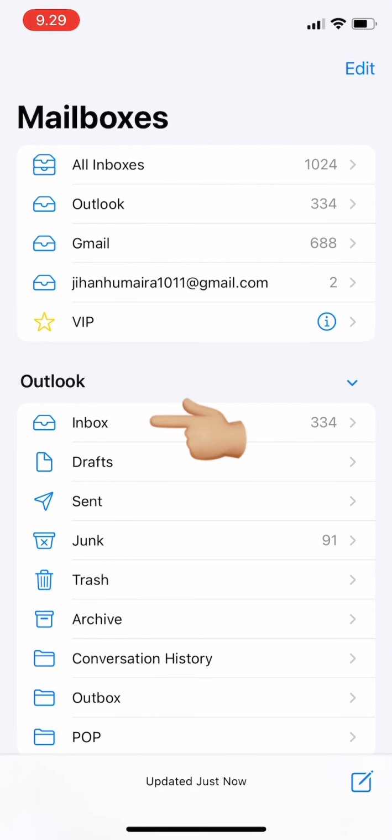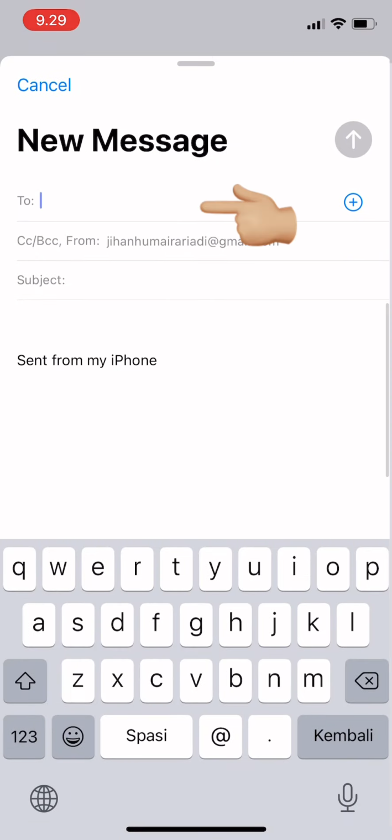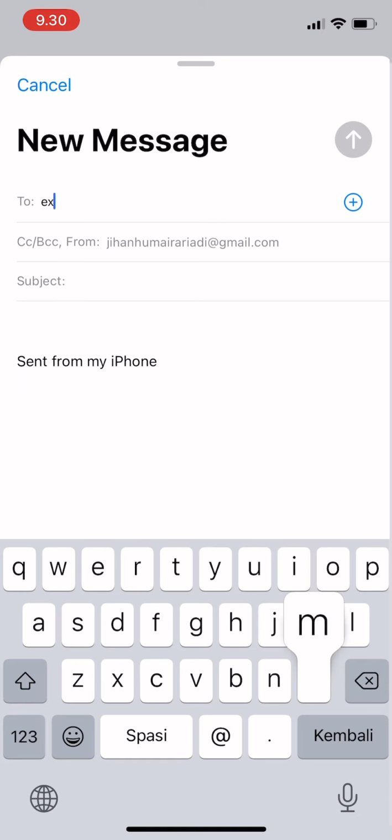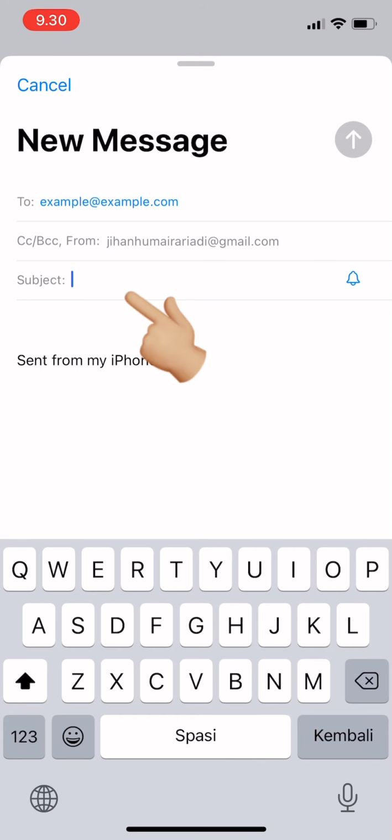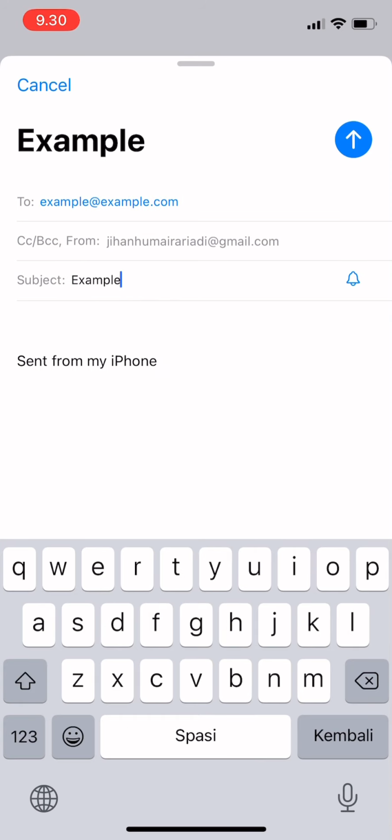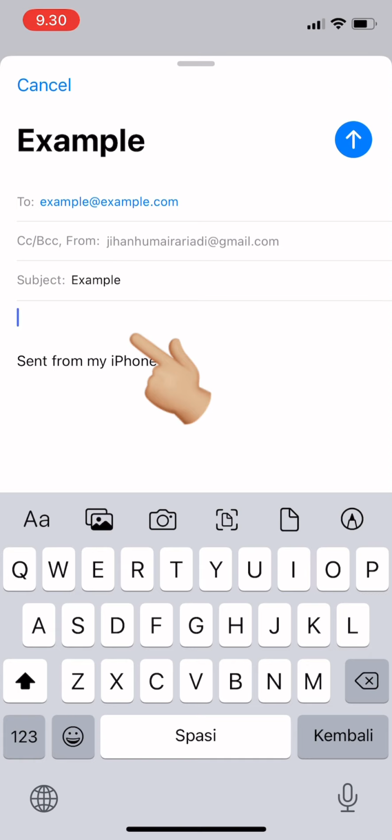In this video, I'm going to show you how to compose and send email on iPhones. First step there, and then you have to type in who you want to send this email to. For example, just type in example@example.com, and then tap the plus icon there, and then there it says from which email, and then add the subject, so example, and then you can just type in